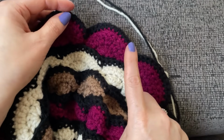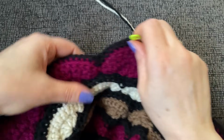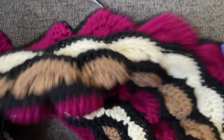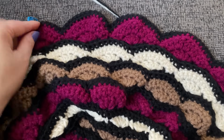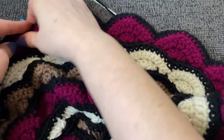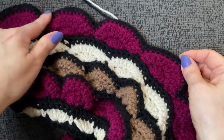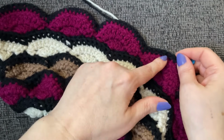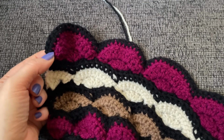So that is 84 stitches. You will work back loop only single crochet. Then you will skip once more the next 56 stitches. So mark your 56th stitch away, and you're going to skip all of these. These won't be worked in. And then you're going to work your last 50 stitches. We started off with 49, but we are going to end with 50 stitches worked all back loop only, and